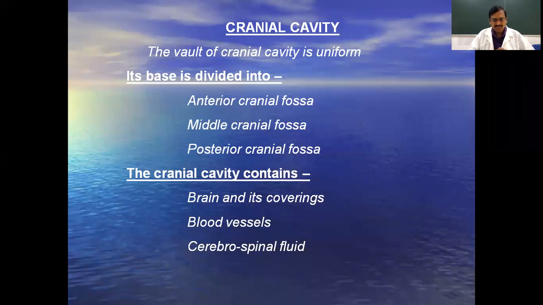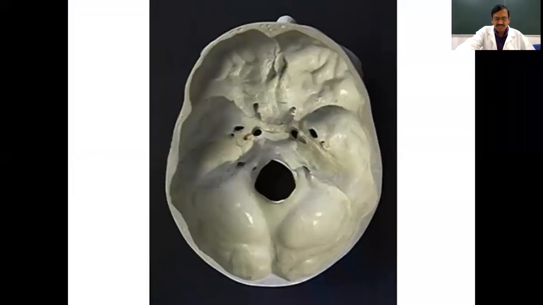First, you see what the coverings of the brain are, and these coverings are called meninges. These are the three cranial fossae. This is the anterior cranial fossa, this is the middle cranial fossa, and this is the posterior cranial fossa. This area provides accommodation to the frontal poles of the cerebrum, this is for the temporal poles, or temporal lobes, of the cerebrum, this area accommodates the cerebellum, and over this area it provides accommodation to the occipital poles of the cerebrum.